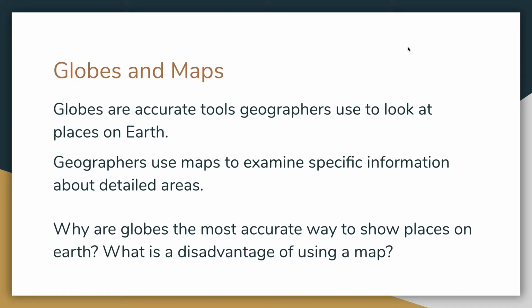Maps. Maps are not round like globes. Instead, maps are flat representations of the round earth. They might be sketched on a piece of paper, printed in a book, or displayed on a computer screen. Wherever they appear, maps are always flat. Maps convert or change a round space into a flat space. As a result, maps distort physical reality or show it incorrectly. This is why maps are not as accurate as globes are, especially maps that show large areas of the whole